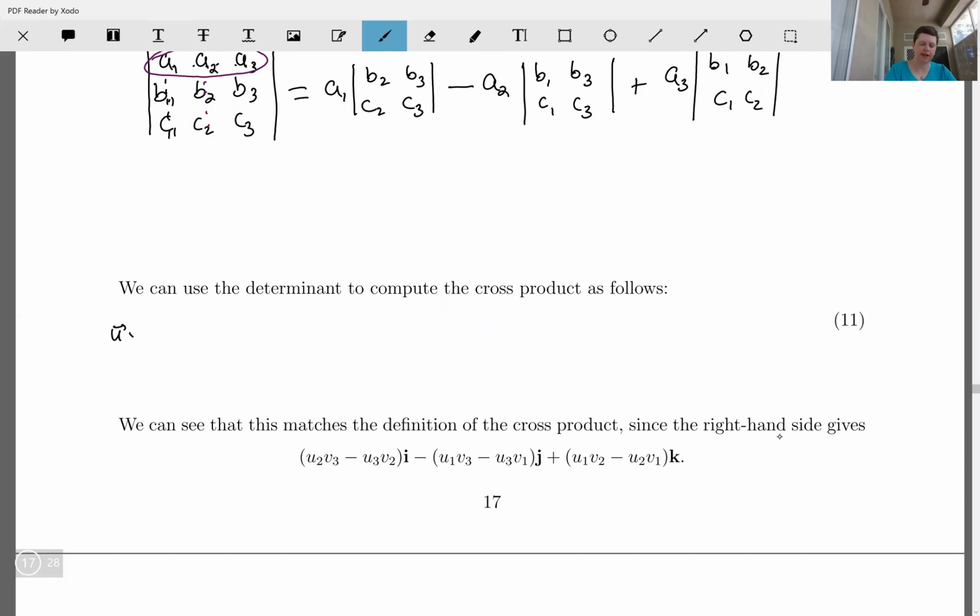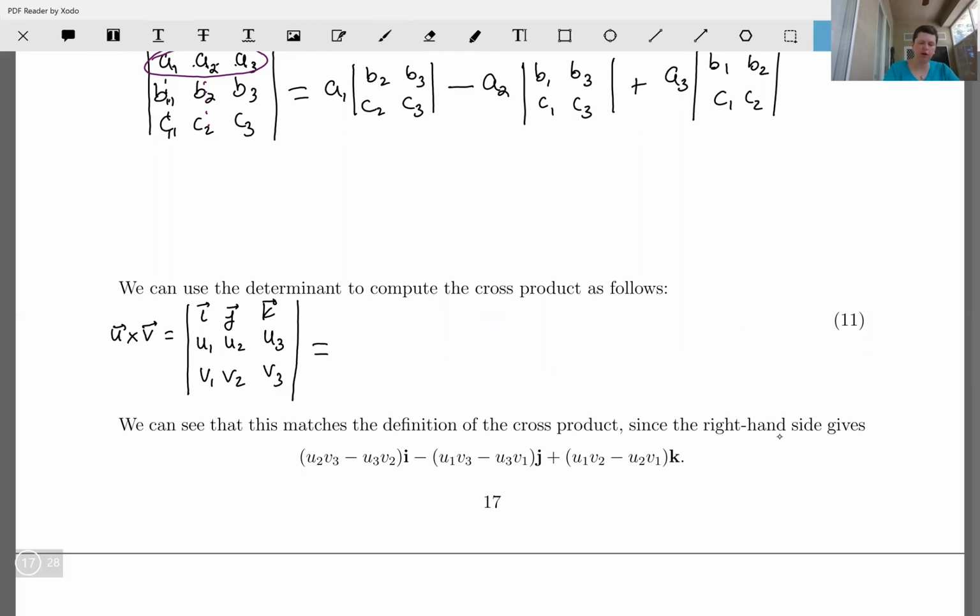So what we do for the cross product is we put the unit vectors, just by name, as the first row, and then each of our vectors are inserted horizontally. So the components of U become the entries in my second row, and the components of V become the entries in my third row. And then when we apply that cofactor expansion, what's going to happen is we're going to have